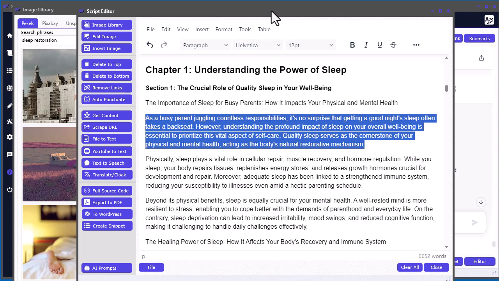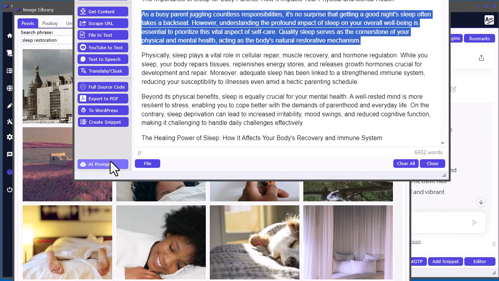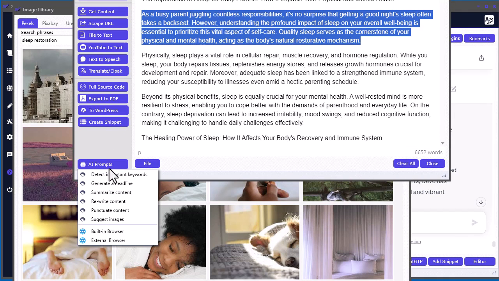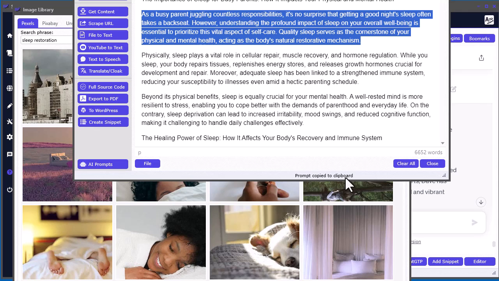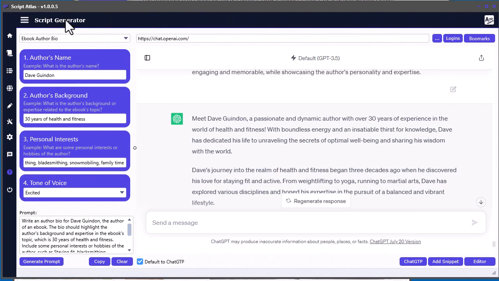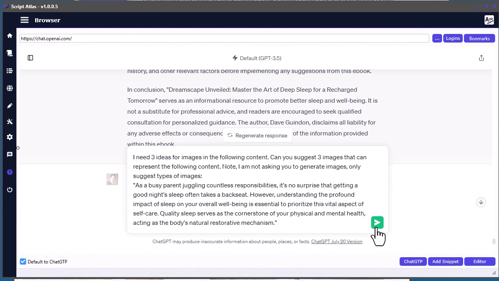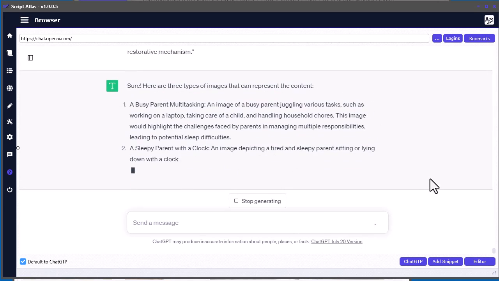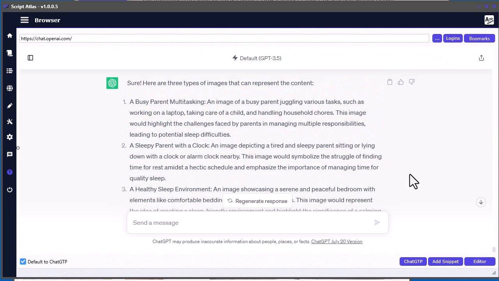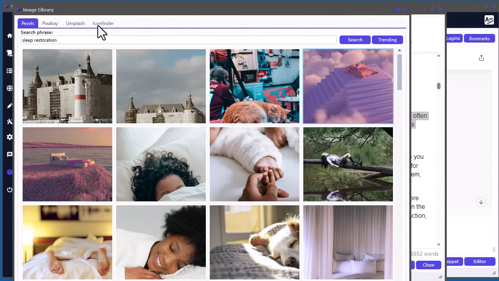So we could select that content and come down here, go to AI prompts and select suggest images, and it will copy the prompt, and we can go back to our browser here. You can just click browser and it gets rid of that sidebar with the questions, and now we can just paste in here and ask ChatGPT what kind of images we should look for. Busy parent multitasking. So then we can go up here to the image library